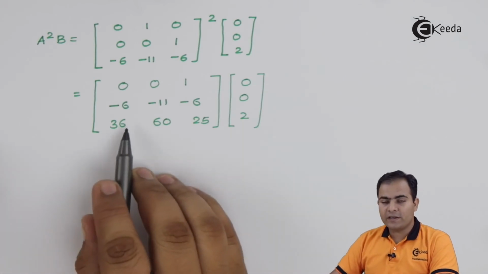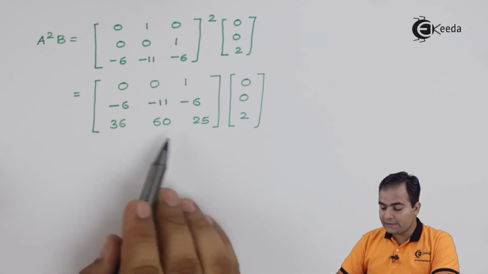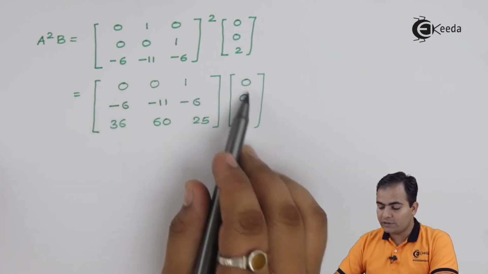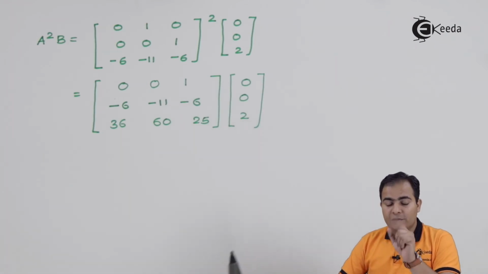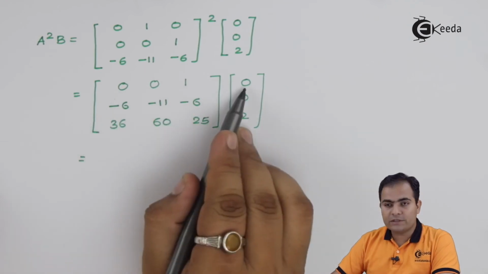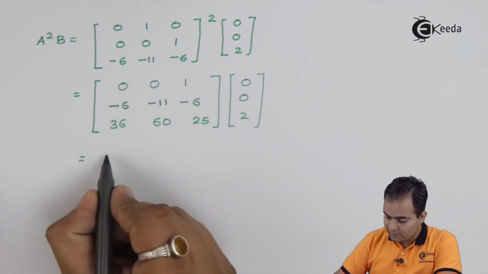So the square of A is [0, 0, 1; -6, -11, -6; 36, 60, 25]. Now again, what we are going to do, we will multiply this whole row with a single column. Then you will get the first element of first column and row. So 0 into 0 is 0, plus 0 into 0 is 0, plus 1 into 2 is 2. So answer is